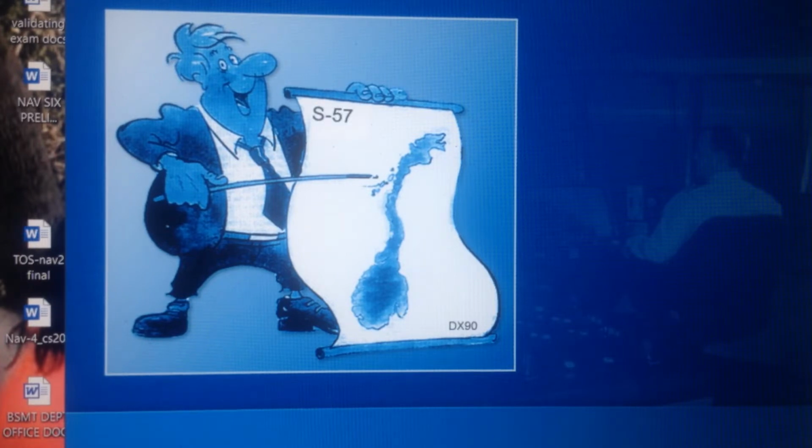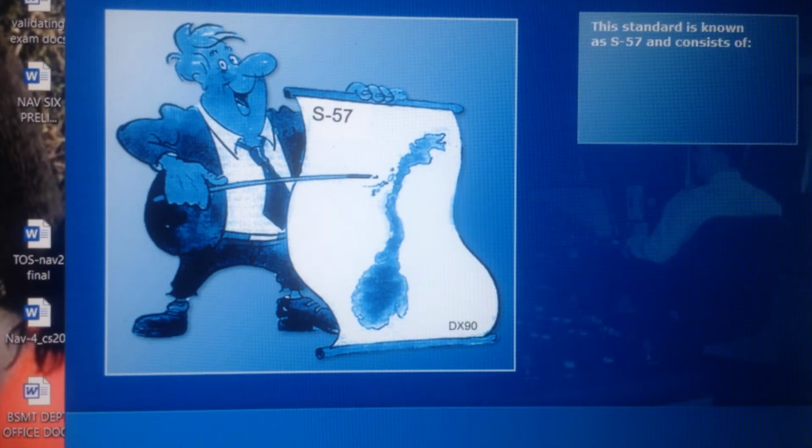During the 14th International Hydrographic Conference in 1992, an international standard for exchange of maritime digital electronic chart information was established. This standard is known as S57 and consists of